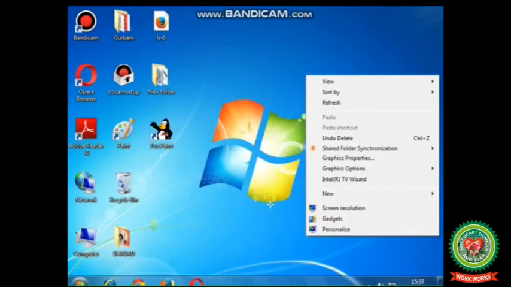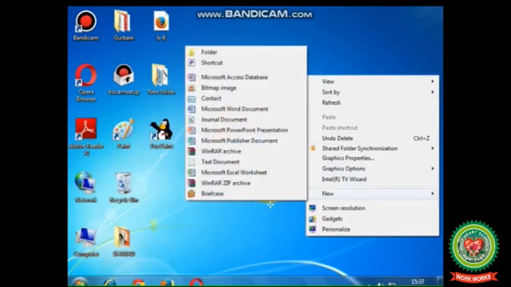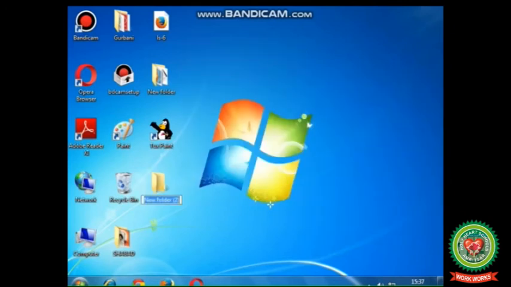When you will click on new option, a sub-menu will appear. From this sub-menu, click on Folder option and you will see the folder icon will appear on desktop.